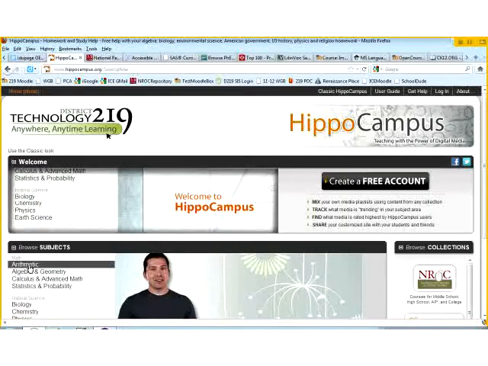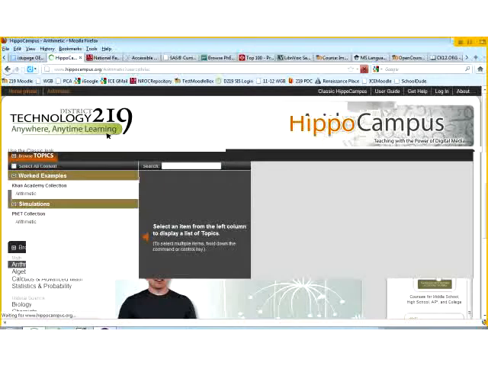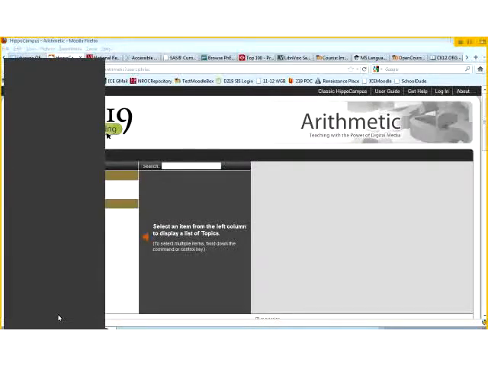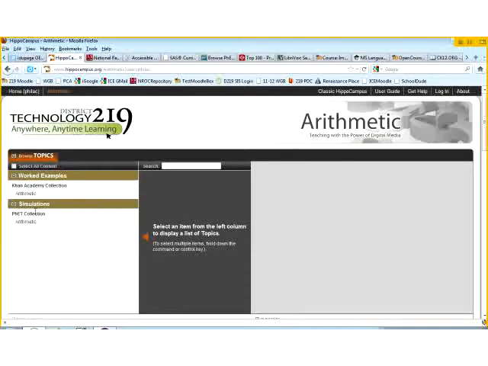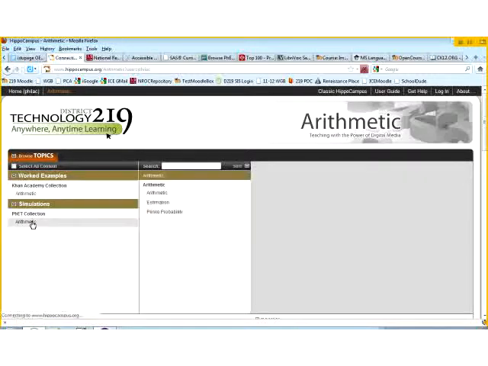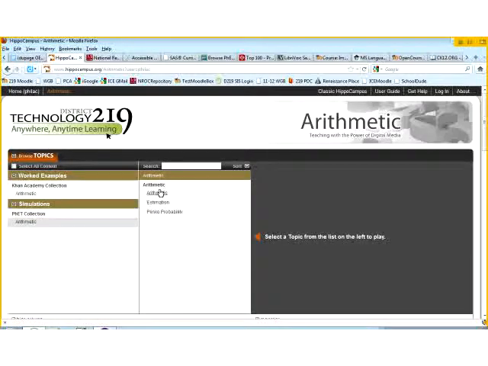we'll go into arithmetic, again, just to give you a brief idea of what you can do here. You'll also notice that when you go in here, if NROC didn't have any content, they've also started partnering with some other groups, Salman Khan, so you've got the Khan Academy here. You can go into PhET, which is a series of high quality, mainly science, but there's a lot of math simulations here